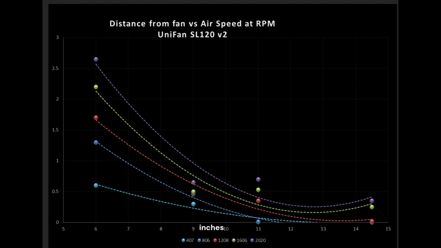So there are two major ways to take a look at the data gathered from the case simulation test. The first one is what size case do you actually plan on buying? And the second is scientific: how good is this fan at creating a good concentrated airflow. So first let's talk about how it did at different data points. I took data points at 6, 9, 11, and 14.5 inch marks. This is the rough estimated location of where the CPU air cooler would be placed on the motherboard inside